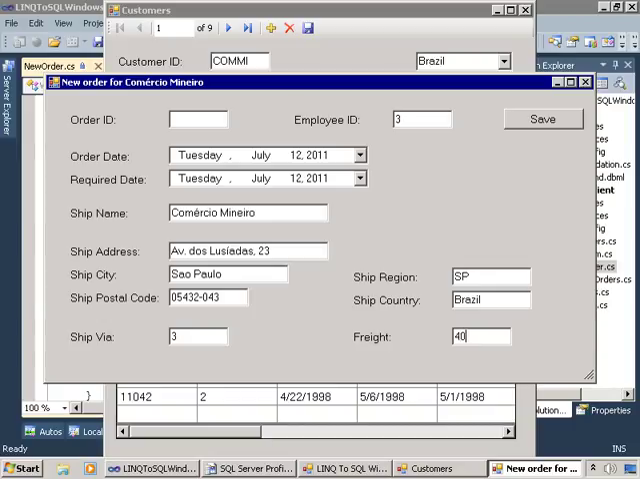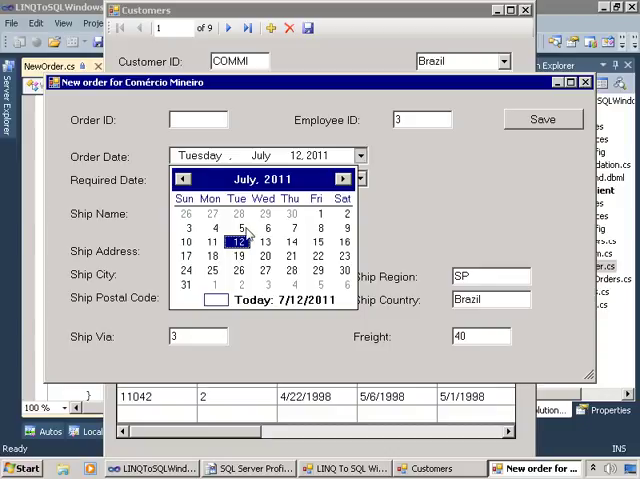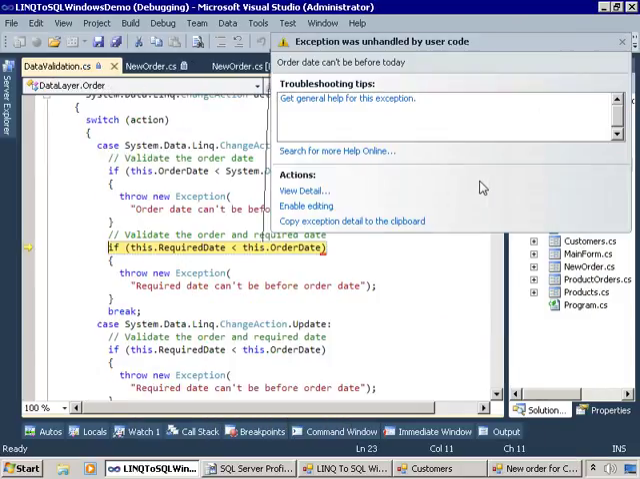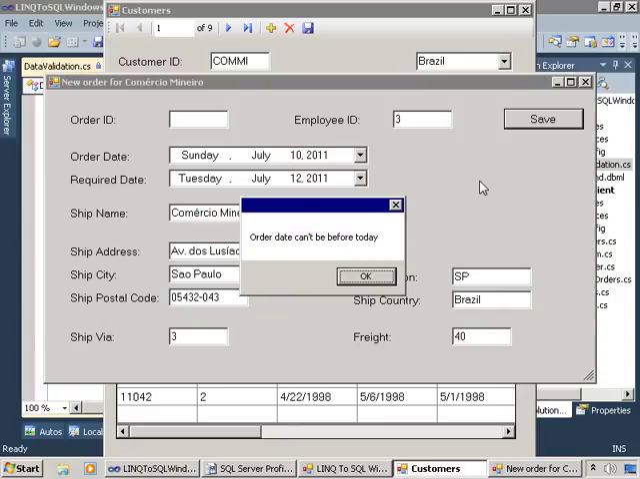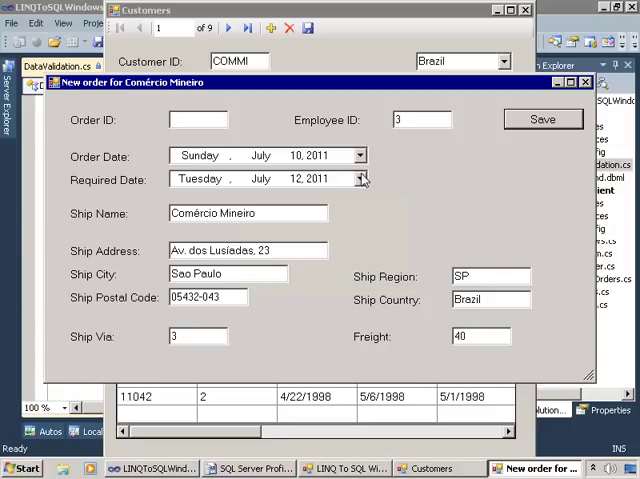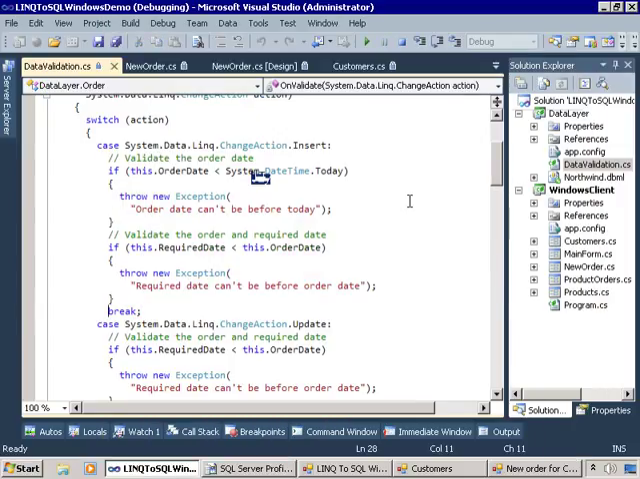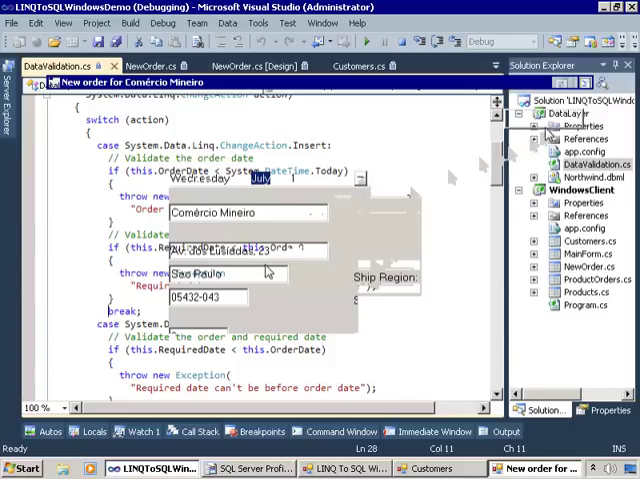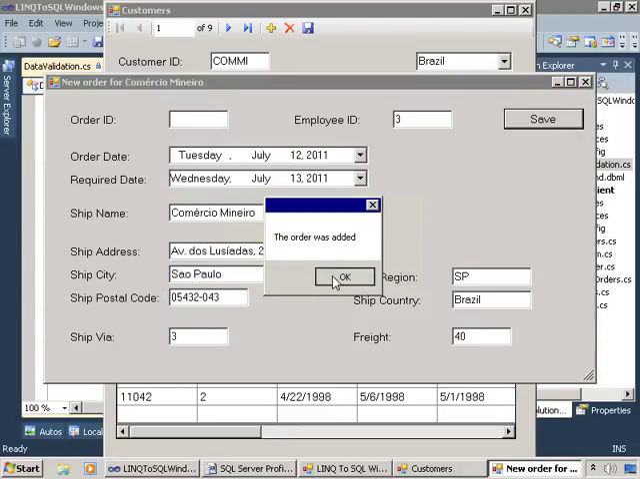And then while we're in here, let's test out the data validation. I'm going to set the order date to 2 days ago. When I try and save this, the validation kicks in. The order date can't be before today. Okay, we'll set the order date to today, but the required date to 3 days ago, that's not going to work either. And only if I set this correctly and now save this, now the order was added,